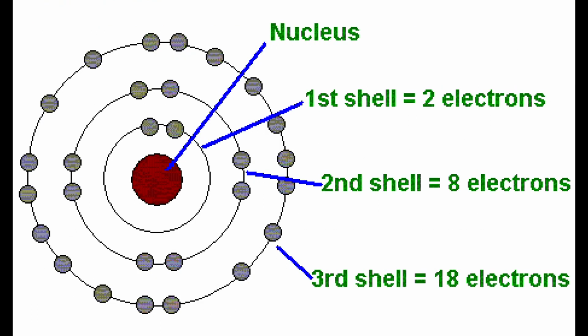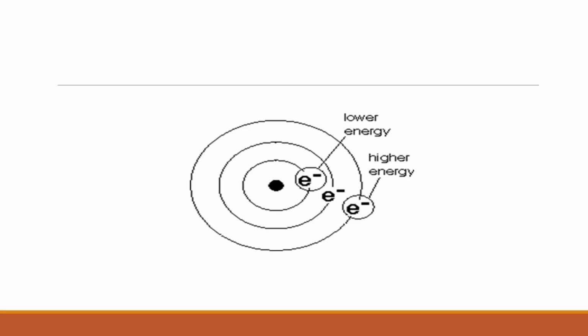The second rule says electrons are not accommodated in a given shell unless the inner shells are filled. That is, the shells are filled in a stepwise manner. As we add electrons in the orbit, the electrons first occupy the first shell, that is the K shell. It has the lowest energy, and when the first shell gets filled, the electrons move on to the second shell. It has more energy than the first shell. That is, the shells are filled in a stepwise manner.